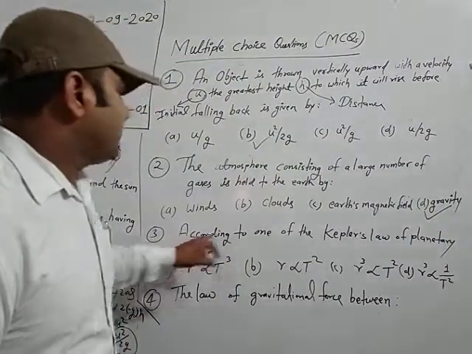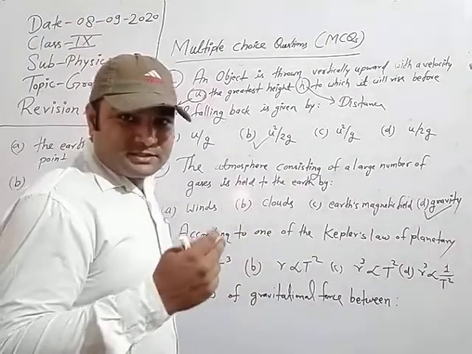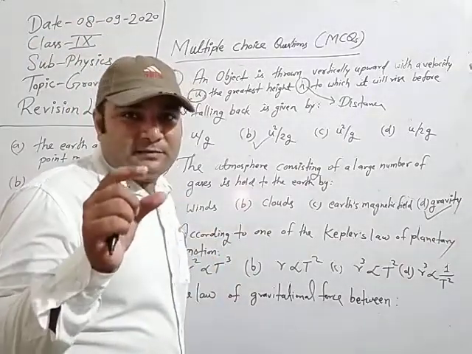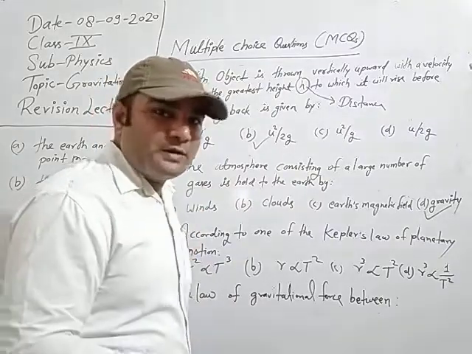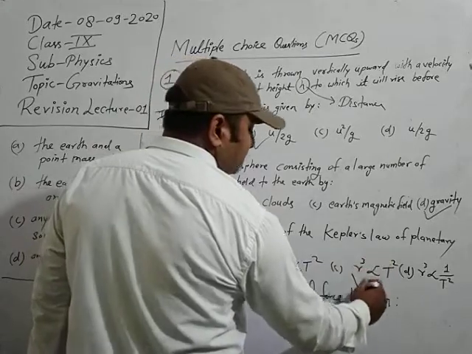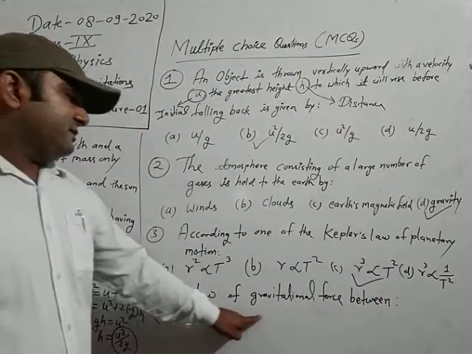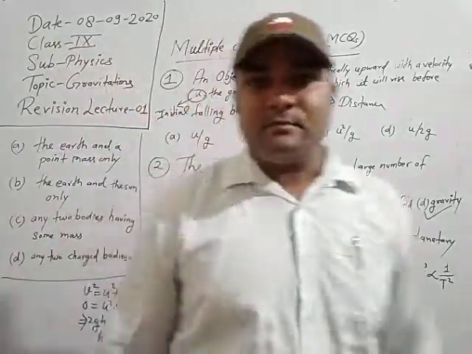And third, according to one of Kepler's laws of planetary motion, which we have just discussed, the square of the time period of revolution is directly proportional to the cube of the semi major axis. So the cube of semi major axis and square of time period. So third option is clear. And next one, last,